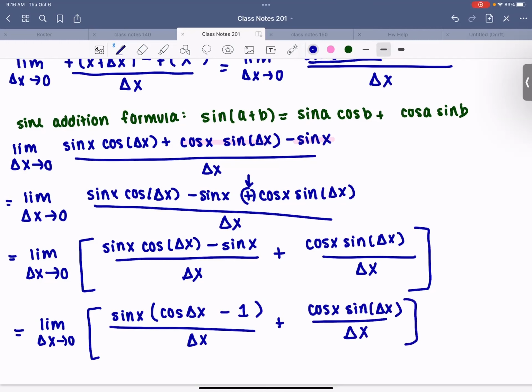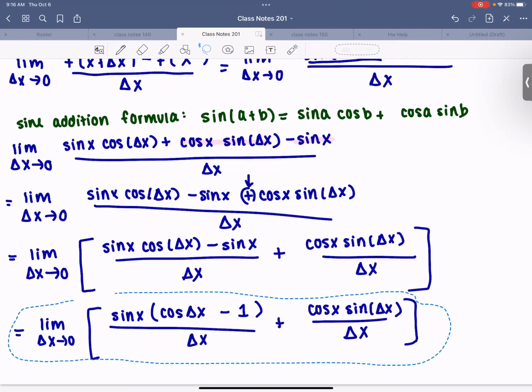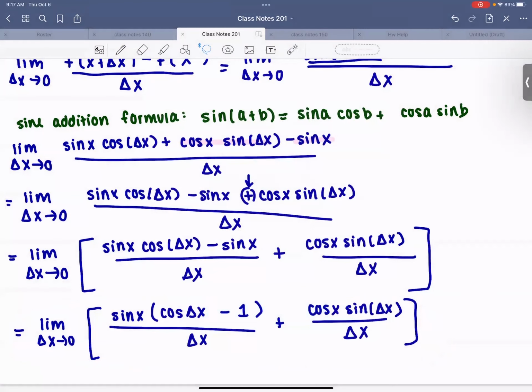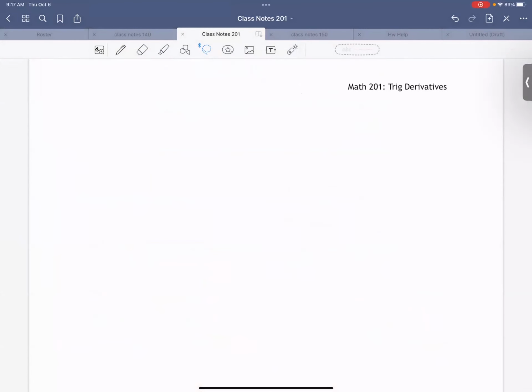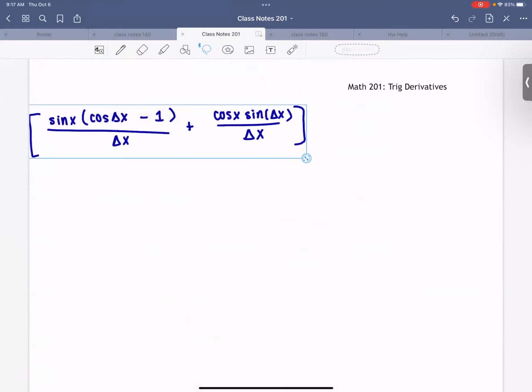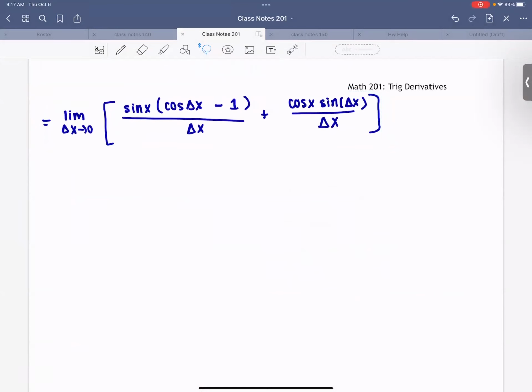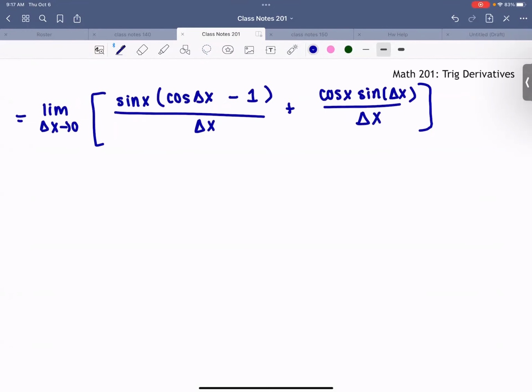All right, at this point, I've run out of space, so I'm going to do something weird. I'm going to take this, and I know I'm kind of cheating here. I'm just going to copy it and move it to the next page. So we're moving on to the next page here. Right here. Okay, from this step,